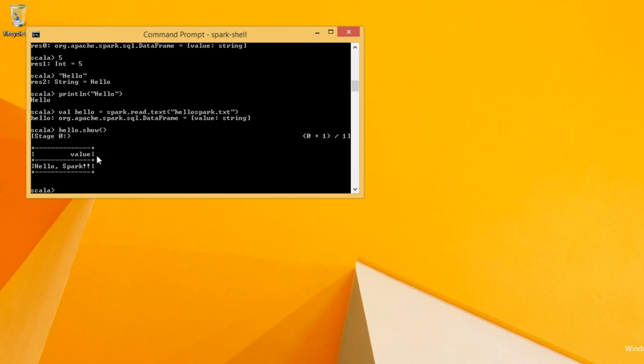It has some SQL like structures and operations, and what you can see here is a DataFrame which you can relate to a SQL or any other database table. So DataFrame is a distributed collection of data organized into columns. The column name here is value, and you have only one row, that is hello spark. And that's it.